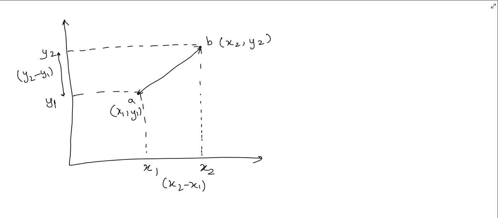Okay, now this is a 90 degree angle. So this distance is y2 minus y1 and this distance is x2 minus x1. So now can you calculate this distance? It is easy, right? So using Pythagoras theorem,